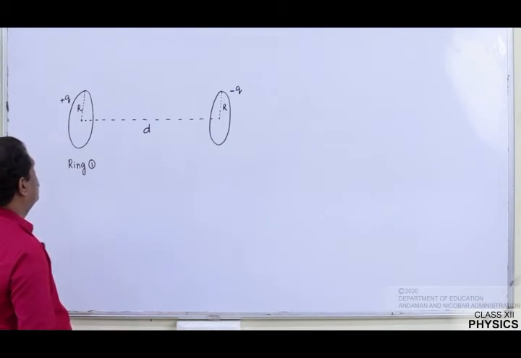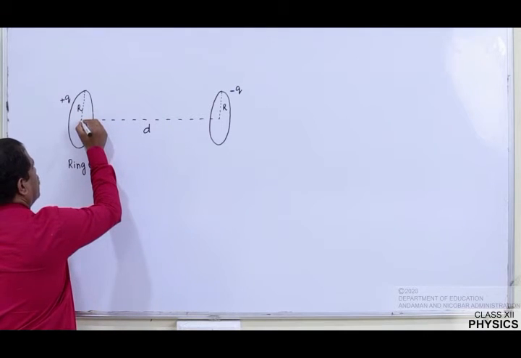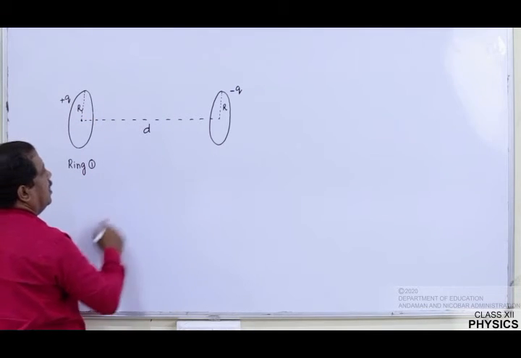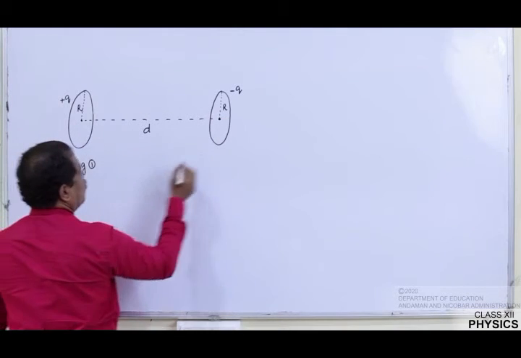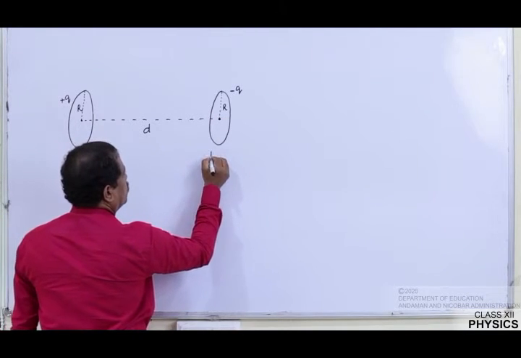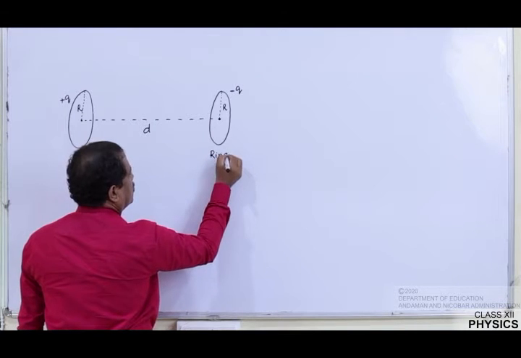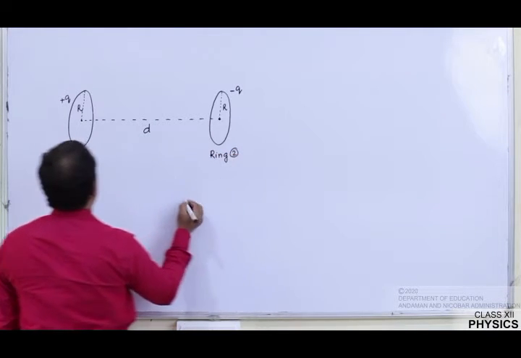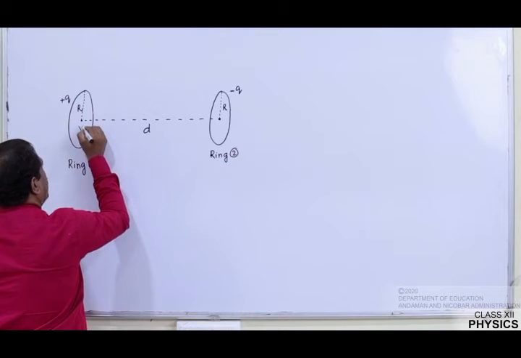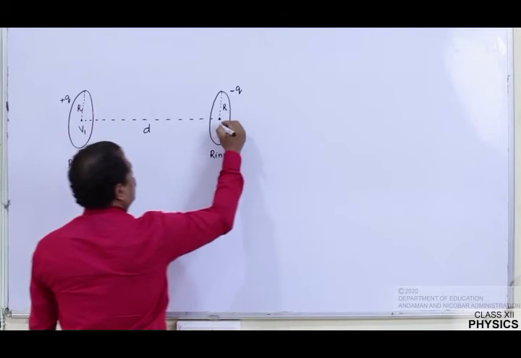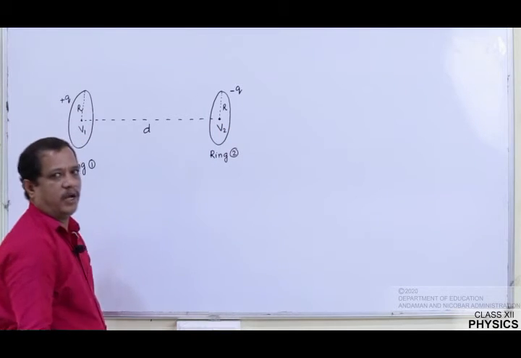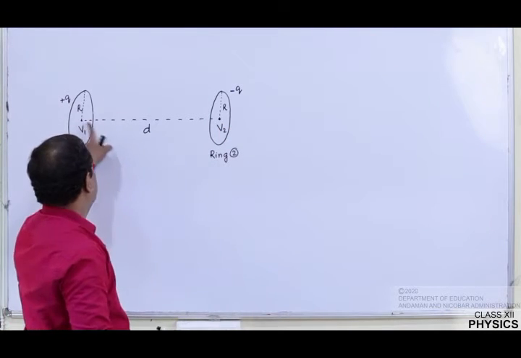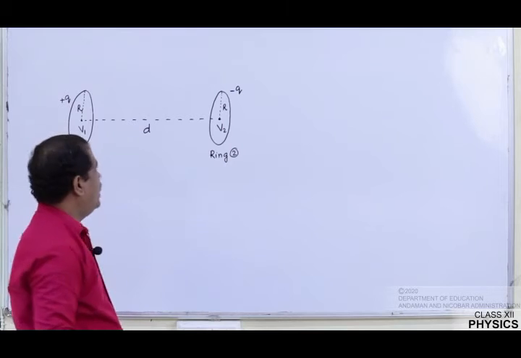Our question is, at this point there will be an electric potential, and at this point there will be an electric potential. So let me say this is ring 1, this is ring 2, and at this point there is a potential V1 and at this point the potential is V2. I want to find the potential difference between these two centers. In that case,